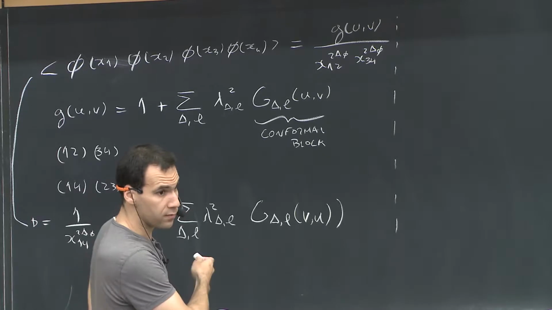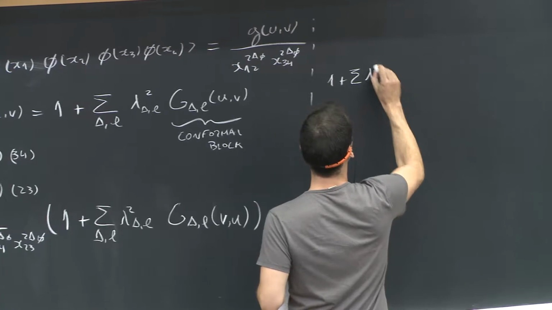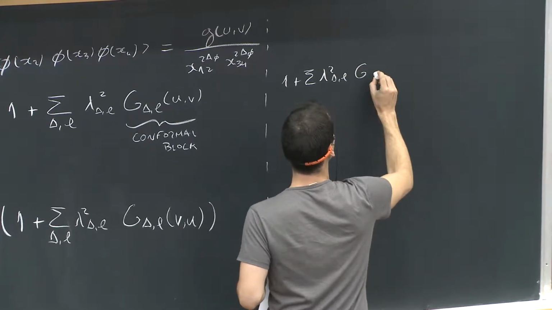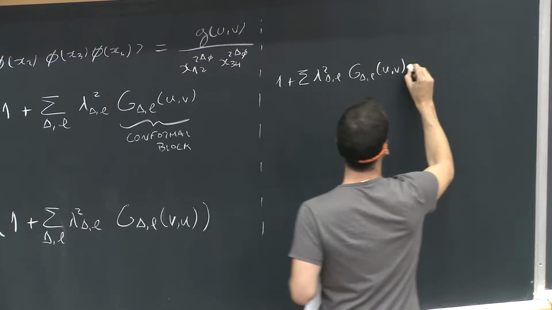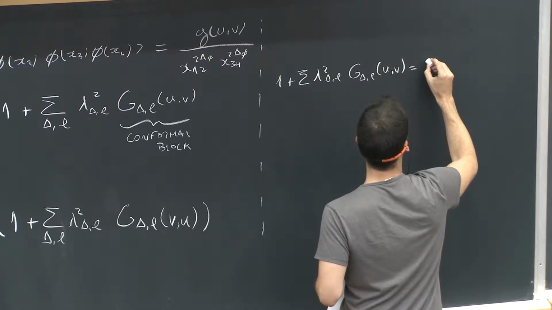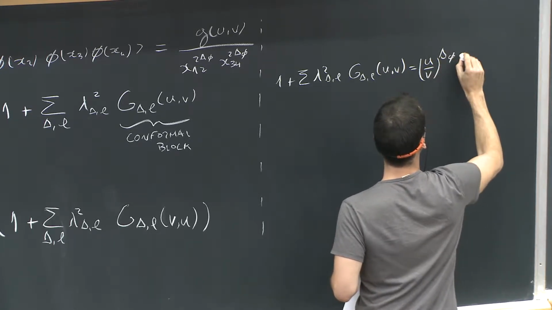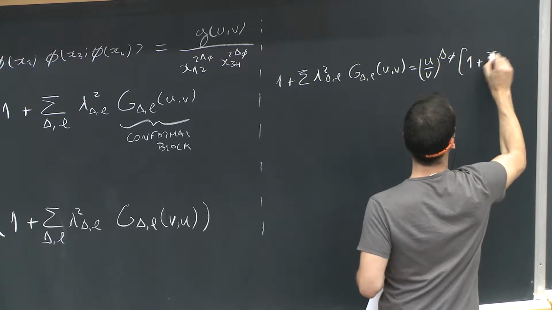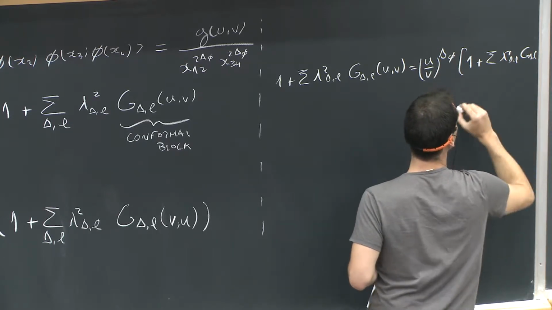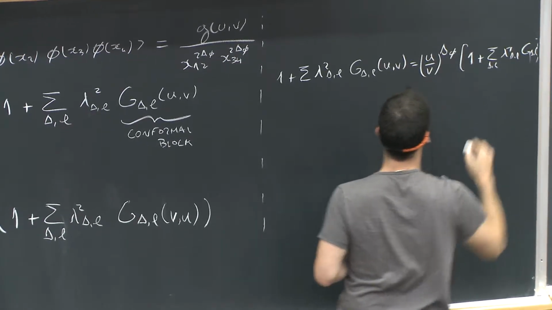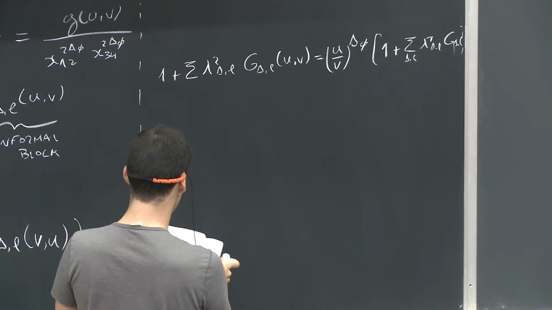But that's the same as U over V. So you get 1 plus sum G UV must equal U over V to the delta phi, 1 plus sum, okay. Or if you want, we can rearrange things slightly such that